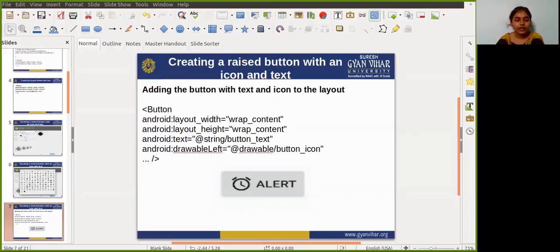Alert is the text on the button, and an alarm or watch-type icon appears on that button. But it is on the left side, so that's why we need to call drawableLeft, and write the name of the icon, ic_button. So this is how we can create a button with both image and text, right?